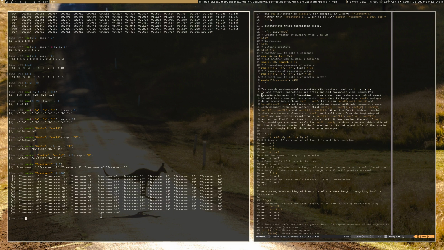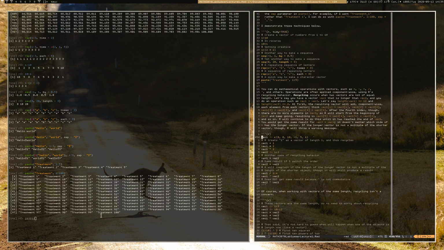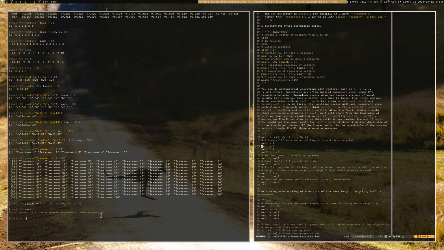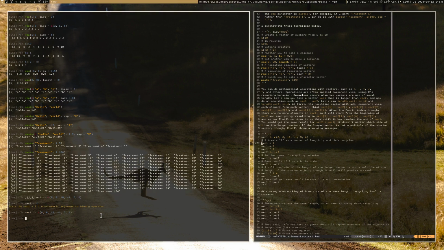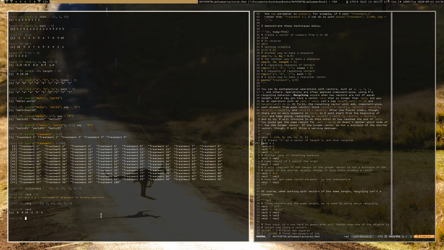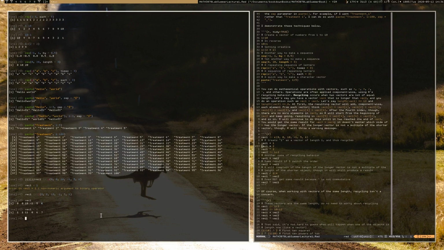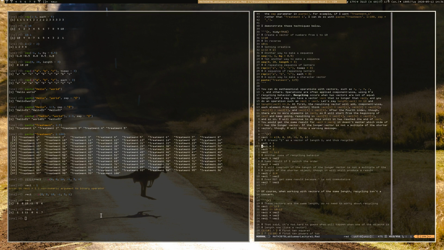So, with vector 1, here's this vector. It has, let's see, 6 elements in it. If I do vector 1 plus 1, it will add 1 to everything in that vector. And if I do vector 1 times 2, it will multiply everything in that vector with 2. And if I do vector 1 raised to the power 2, it will raise everything in that vector to the